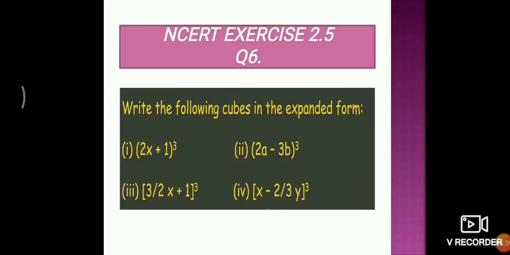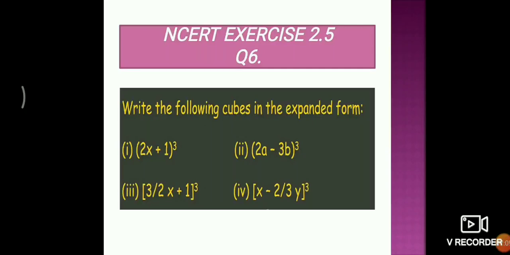Moving further to question number 6, this is again very simple. For such kind of numericals, identities should be on your fingertips, always. From the scenario of the question, from this picture, one thing is very clear to me. We are going to use the (a + b) whole cube identity, which is equal to a cube plus b cube plus 3 into a into b bracketed (a + b).